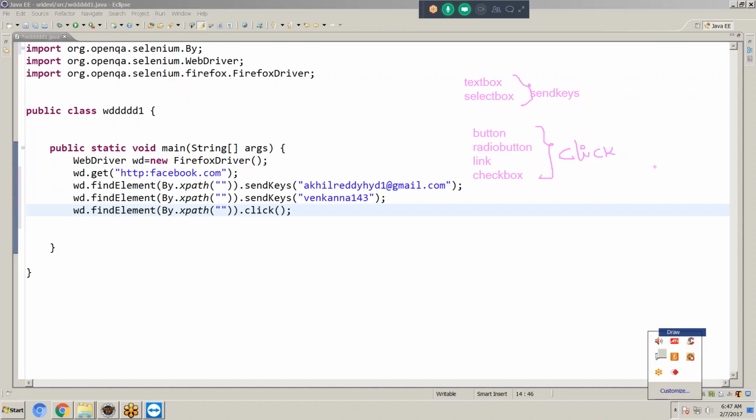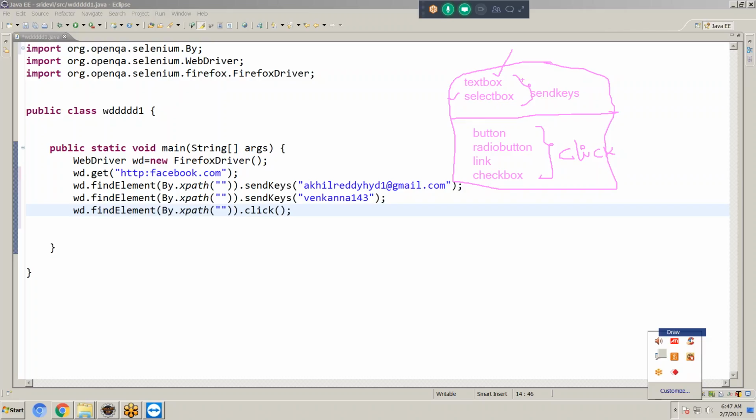So if you want to get the XPath, compulsorily we should have Firebug and Firepath. Next concept, how to download Firebug and Firepath. These 2 points you should remember. A text box we can call an edit box, and a select box we can call a drop down box, list box, or combo box. They call them by different names. If it is a text box or select box we will use sendKeys.